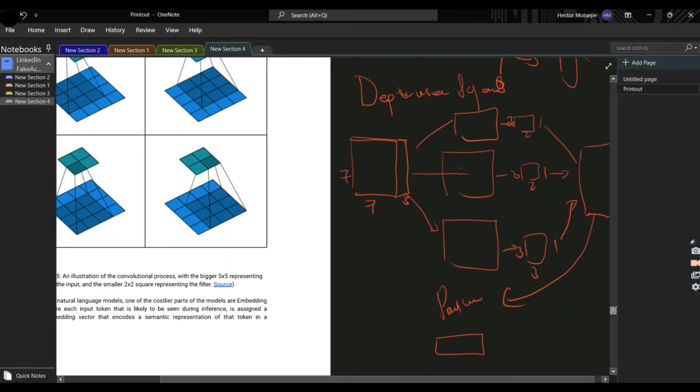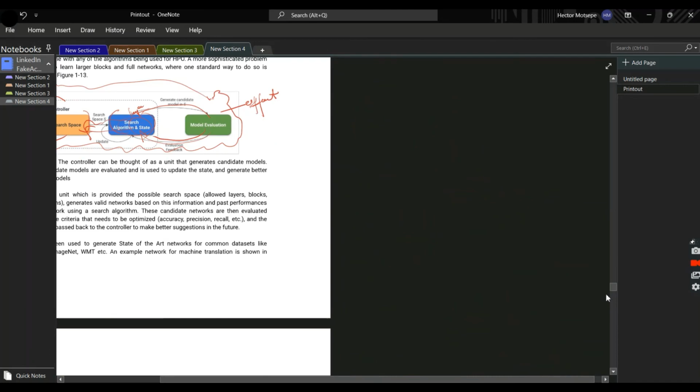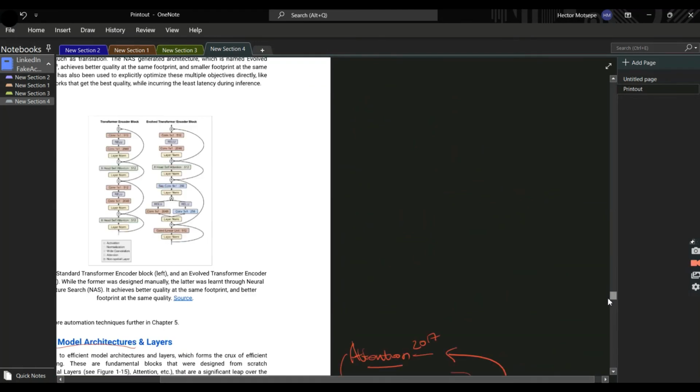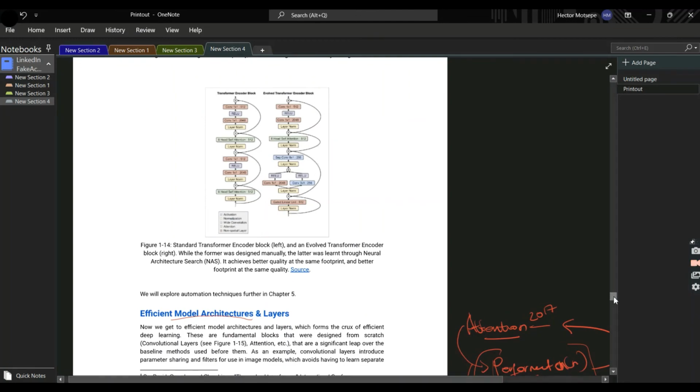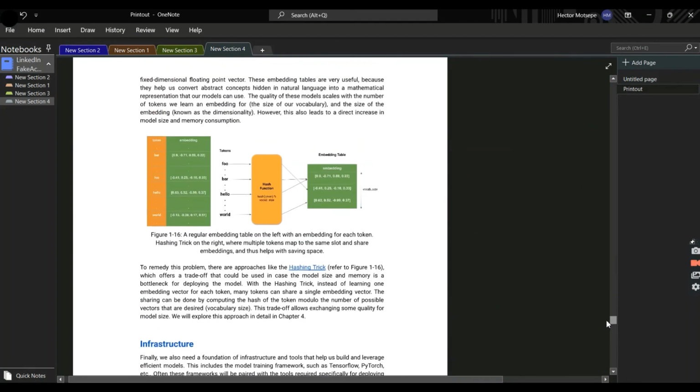So that's the technique. I'm going to try to cover these two concepts in more detail, and we're probably going to do a code simulation and see how it helps us. But the bottom line is that these techniques I spoke about all try to get us an efficient model. So I'm just going to scroll down. We have